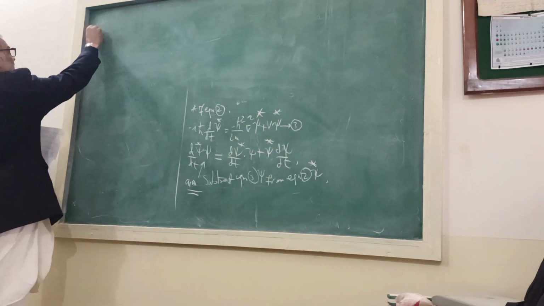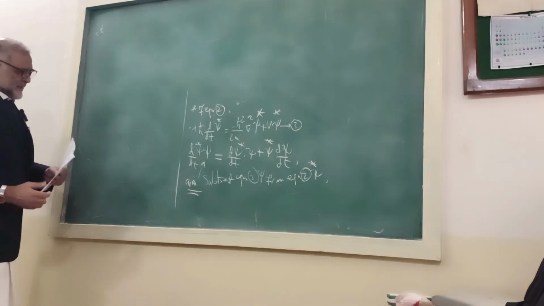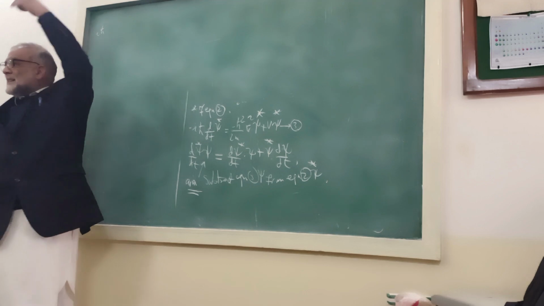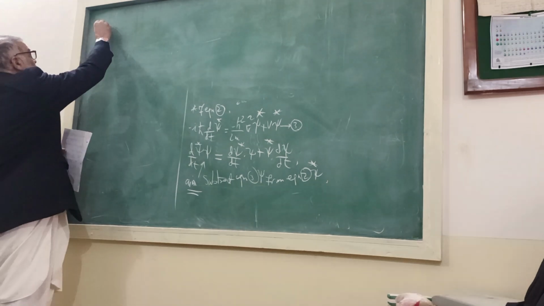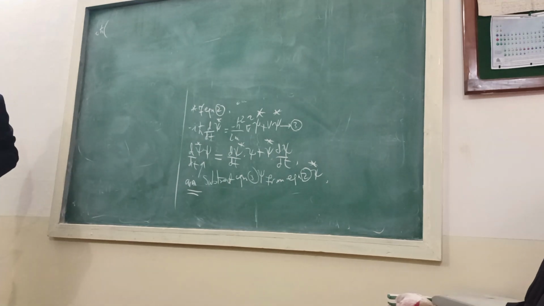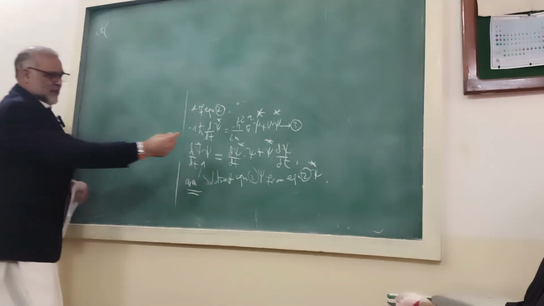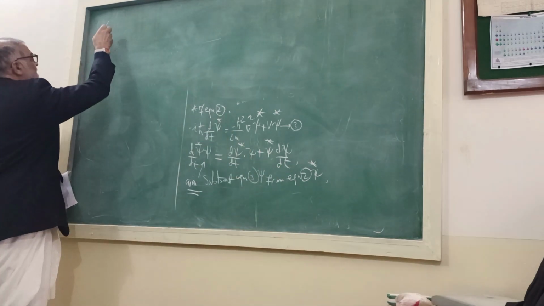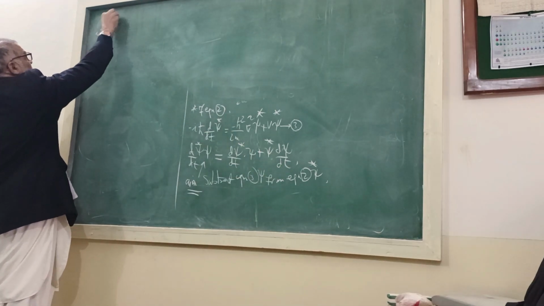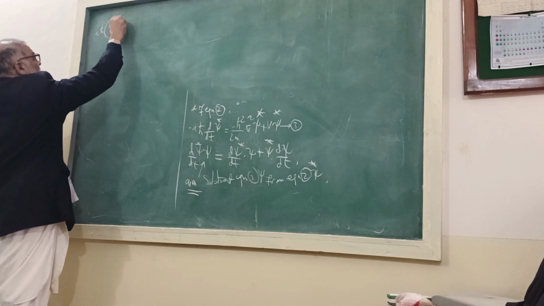So it will be iħ, and then I want to take the iħ common. So I'm taking the iħ common, and this is the term. So I will write psi star and d psi by